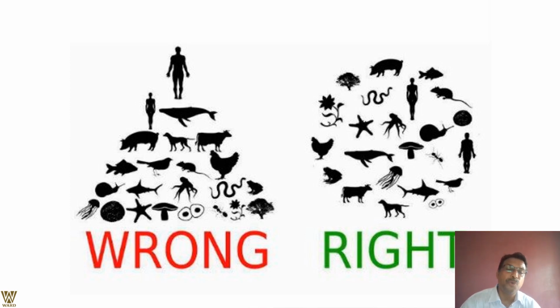I would love to wind up this particular video with this statement, wherein we have been taught in our school that we are the tertiary animal. We are at the top of the value chain or the food chain. Now, this is how we plan it. This is a wrong concept. Look what we have done. The man on the top, the woman there, then there's a whale and the rest of the animals around here. This is a wrong concept.